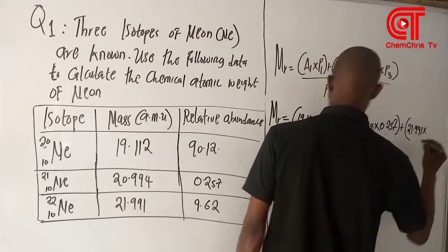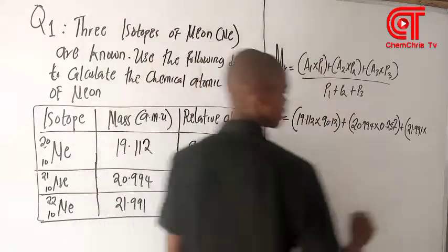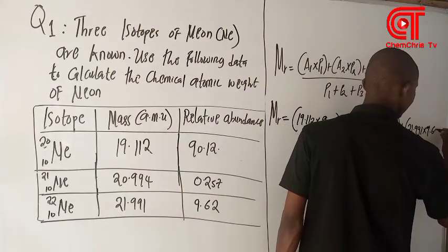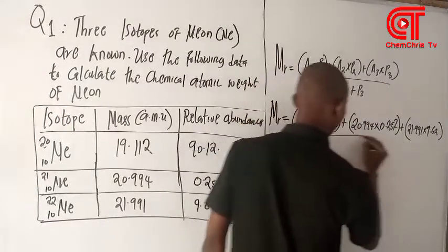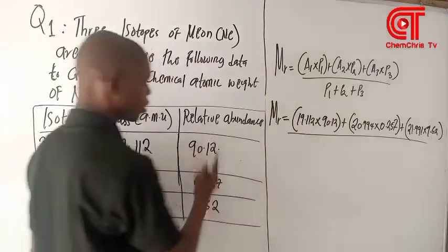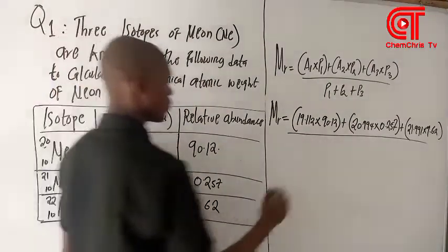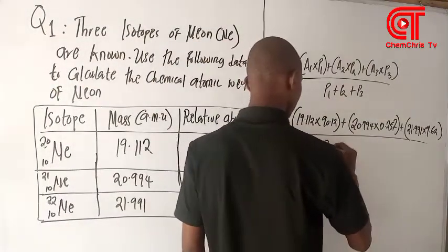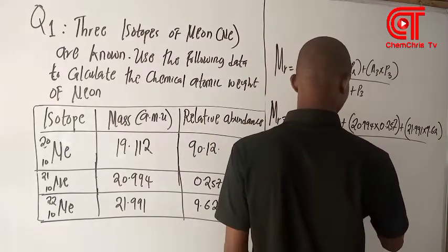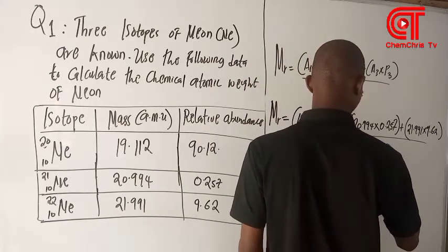21.991 times 9.62. So we sum all their percentage abundance together. Here we have 90.12 plus 0.257 plus